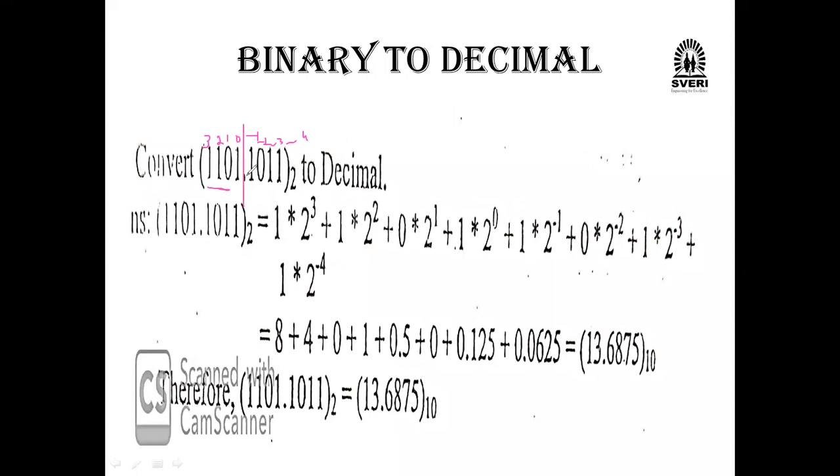Two parts we have made here. Next, this 1 into 2 to the power of how much do we have to consider? -1 we have to consider here. This is -1, no? 1 into 2 to the power of -1, plus 0 into 2 to the power of